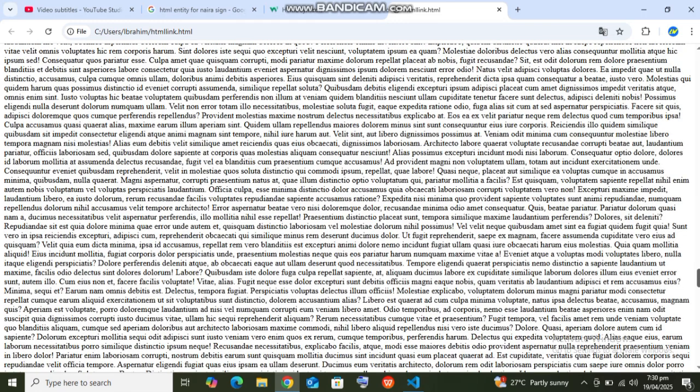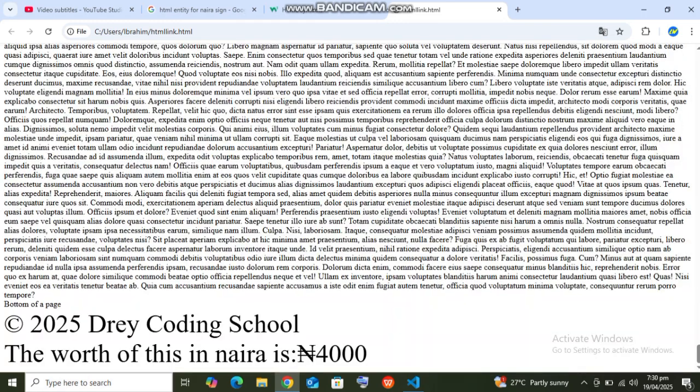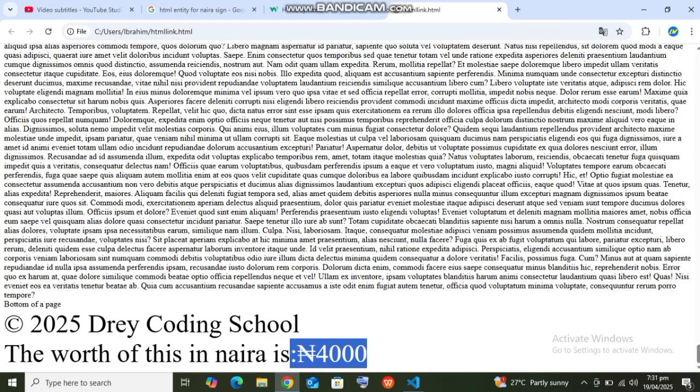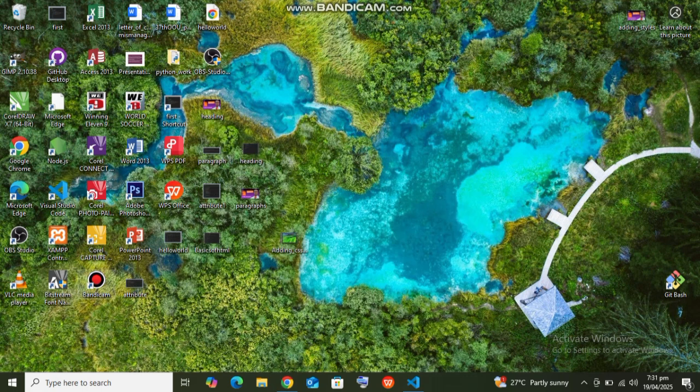So let's reload the page again. I couldn't complete the sentence, but now I think the sentence has been completed. So now you show the Naira currency. Can you see it? The worth of this in Naira is 4,000 Naira. The symbol has been shown to us. So that is that on HTML entity. Thank you very much. And I told you the usefulness of this HTML entity is to add special characters and symbols that are not in your